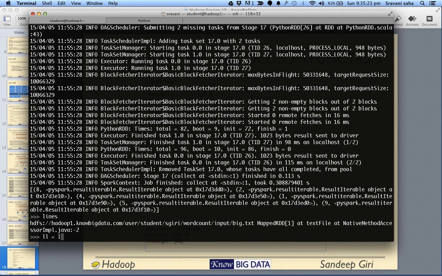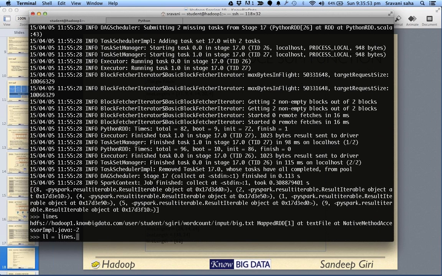Lines is one object we had already loaded with sc.textFile, and now let's do something like line lengths equals lines dot, who can help me now? We are trying to compute the length of each line. Remember, lines is an RDD representing lines of our big.txt, and each line is an element of this array.